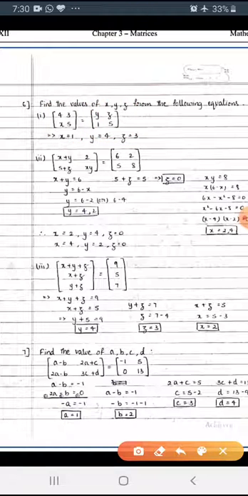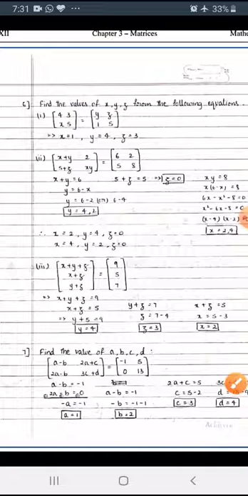Okay, now while equating, x coordinate is equal to, see here, x equal to 1. Y coordinate, no, y coordinate here it is 4, z coordinate is 3, and that's all, only 3 only, x, y, z. So this is the equality of matrix. So remaining also do like this.